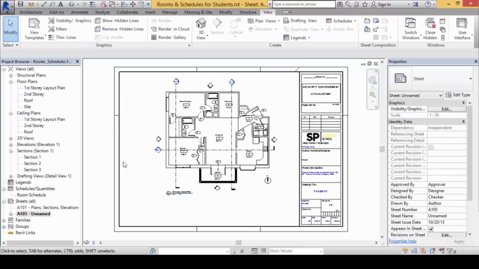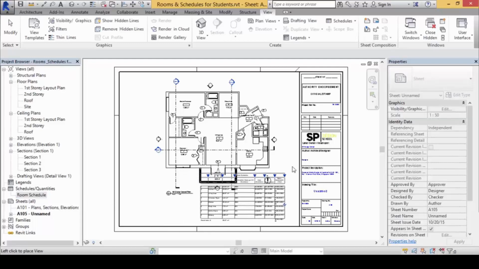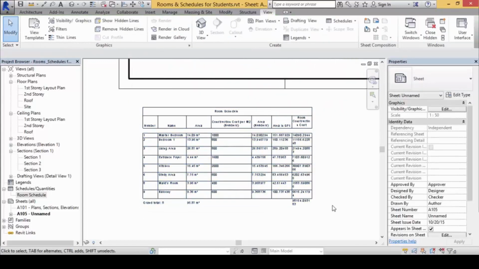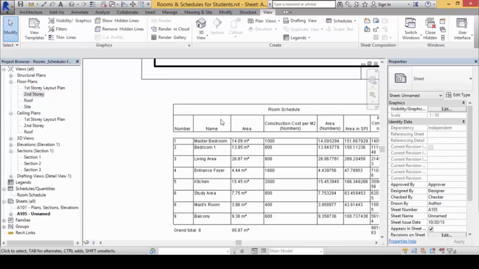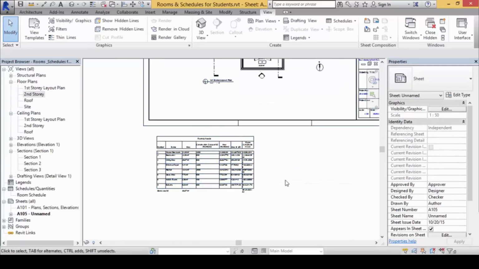Next, we are going to insert the table inside. So if you look at or refer to the room schedule now, it is very simply a situation of you clicking and dragging it here, and then the table will appear here. Once we have this, you now have the room schedule table here. But obviously, it is going to need some work because the formatting just looks hideous.